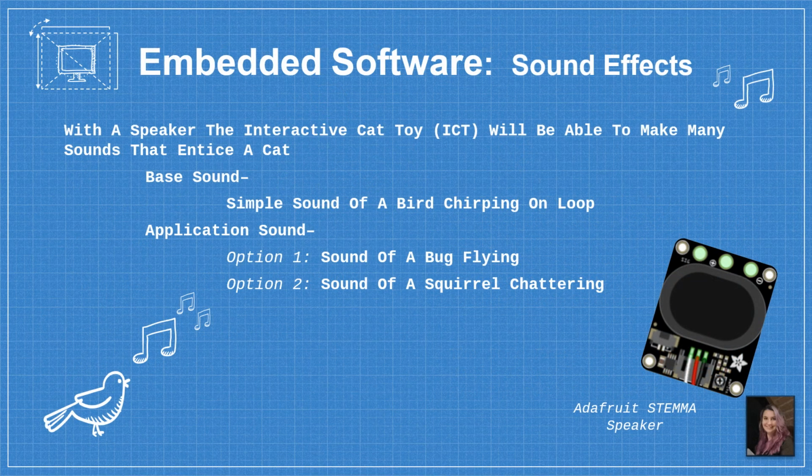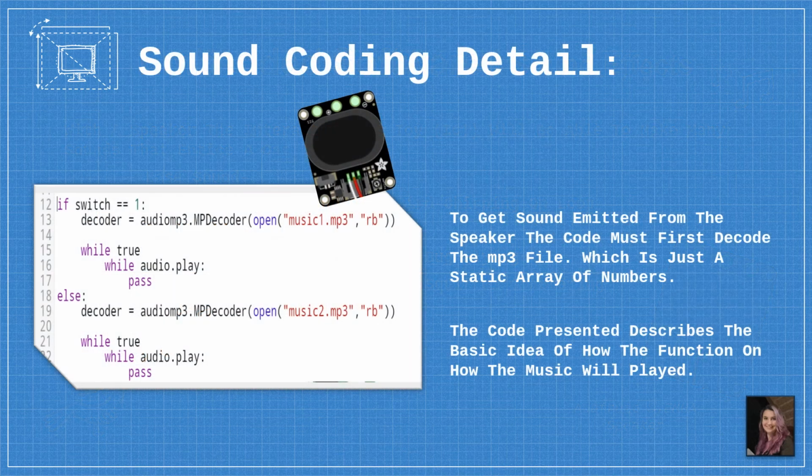The STEMMA speaker of the interactive cat toy will be able to make many sounds that entice cats. The base sound will simply be birds chirping on a loop, while the application can either play the sound of bugs flying or the sound of squirrels chattering. For CircuitPython to be able to emit sound from the speaker, we have to decode the MP3 file into a static array of numbers. After the MP3 file is decoded, we can play the sound through the speaker endlessly through